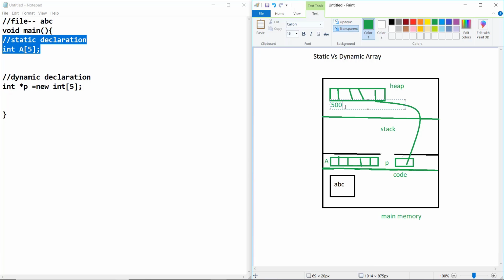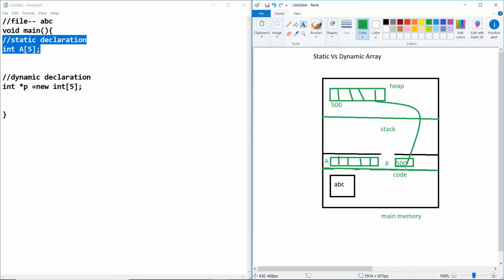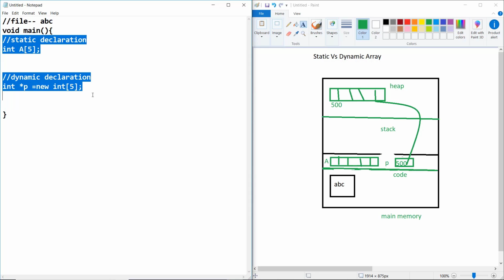Let us suppose its address is 500, so it will store 500, pointing to that address location, and save the elements there. So this is the difference between static and dynamic declaration of an array.